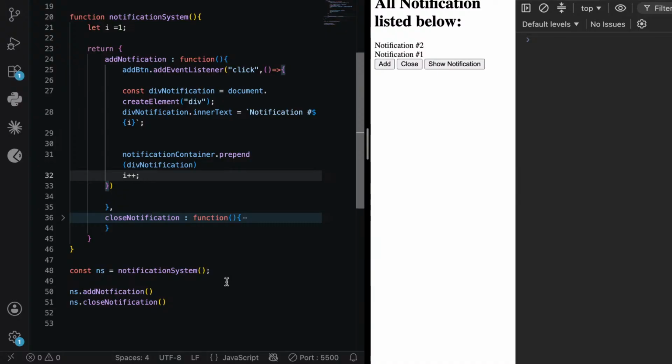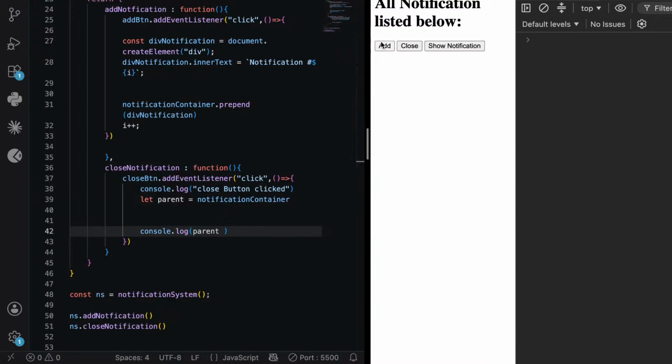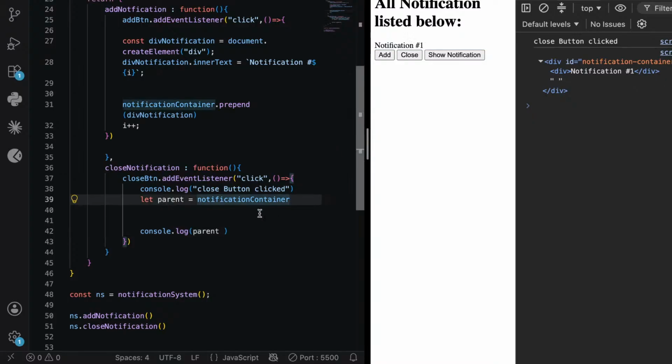And what I'm thinking about is the close notification button. When it's clicked, it contains the parent, right? Let's check this parent first of all. Added, and here we see the notification container, and notification one is the first thing, and second we got